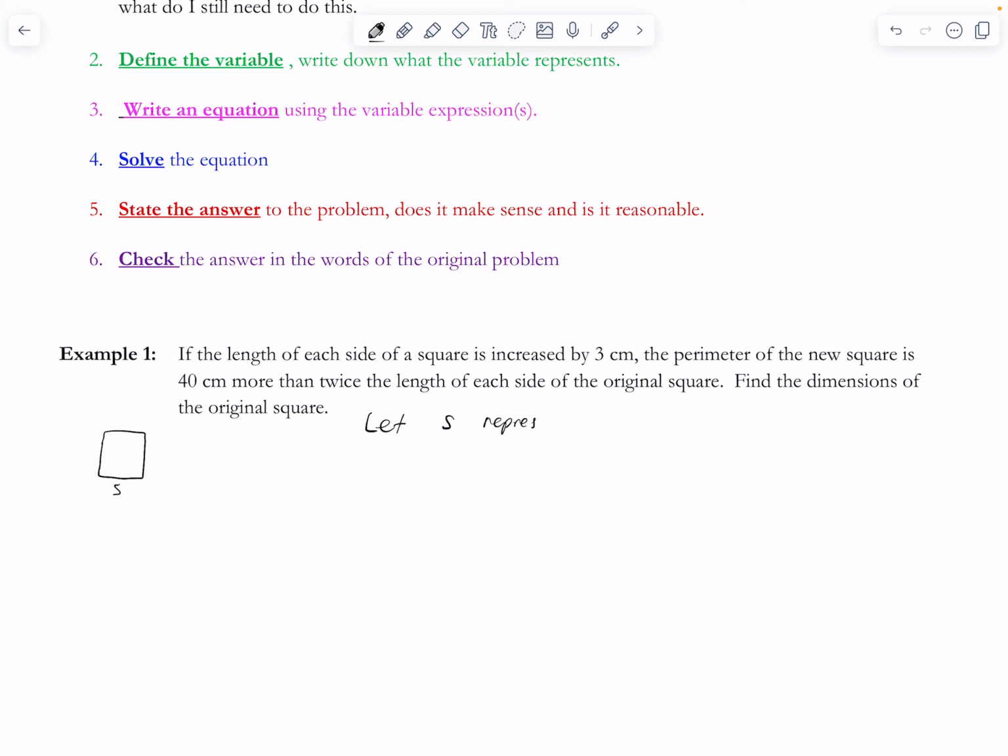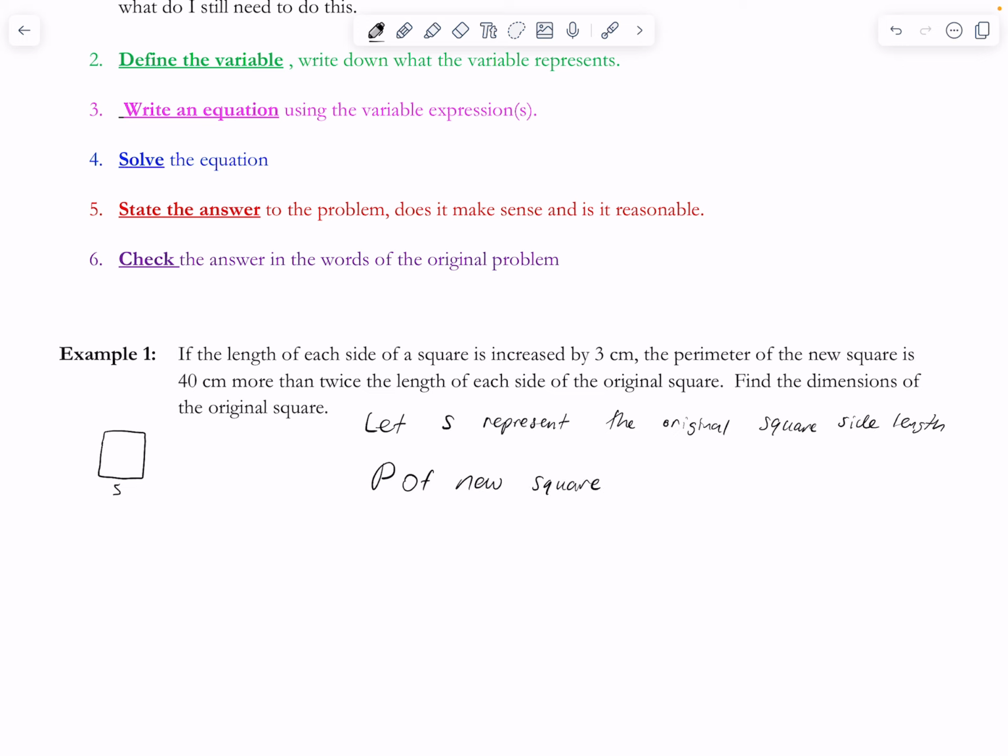represent the original square side length. Okay, that's the first thing I'm going to do. So the perimeter of the new square,